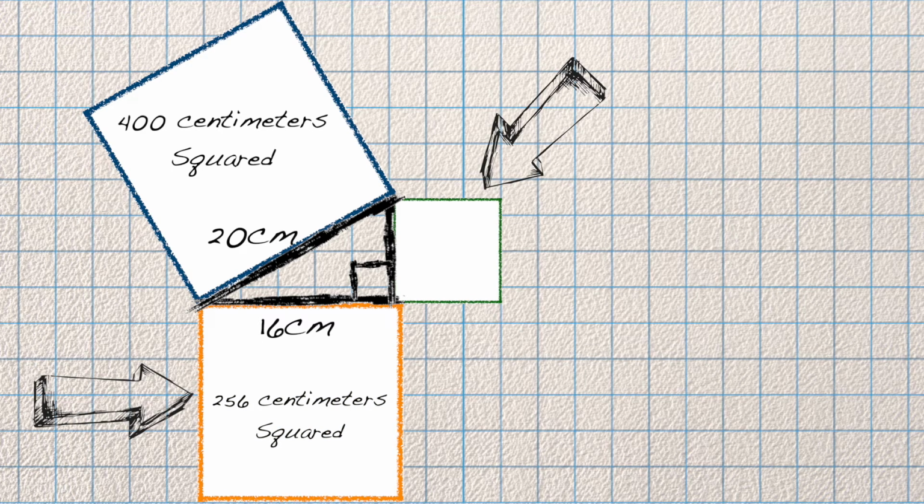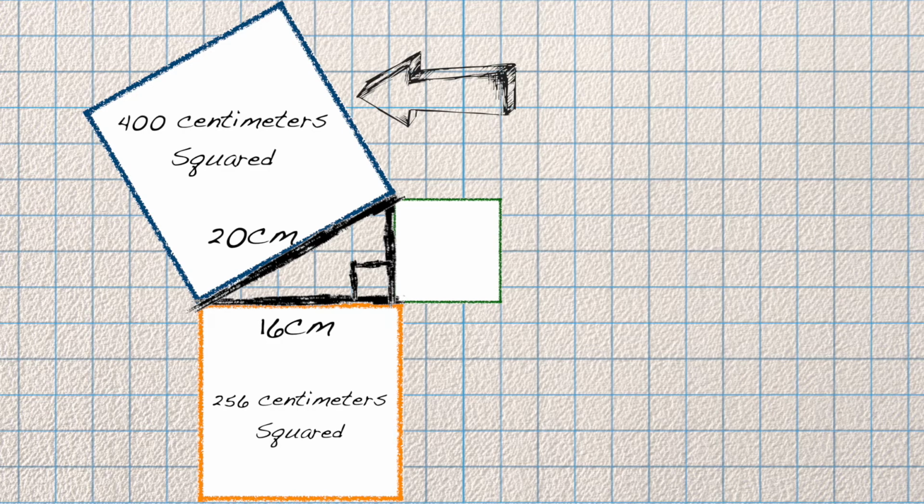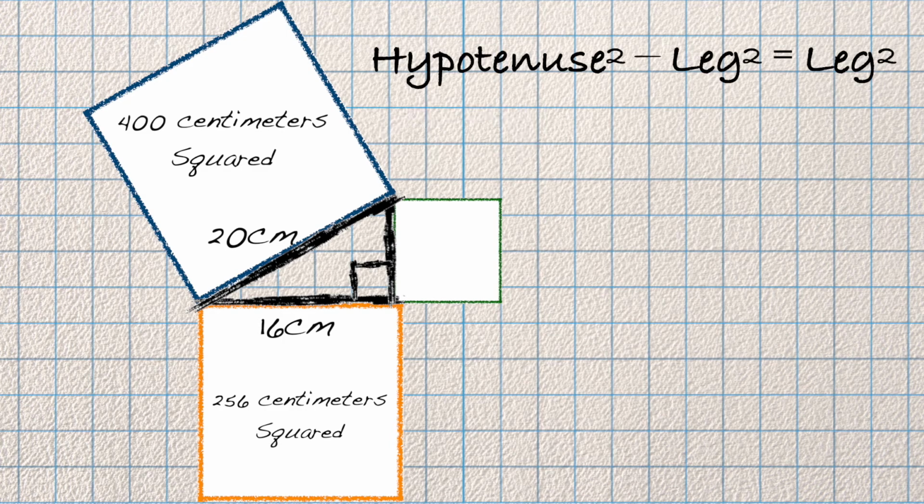Now, if we add the areas of the squares that have a side as the leg of the triangle, we will get the area of the square whose side is the hypotenuse. But again, we only know the area of one square, which has the side as a leg of the triangle, and another square, whose side is the hypotenuse. So, to find the area of this last square, we can do the area of this square minus the area of this square. In other words, we can do 400 minus